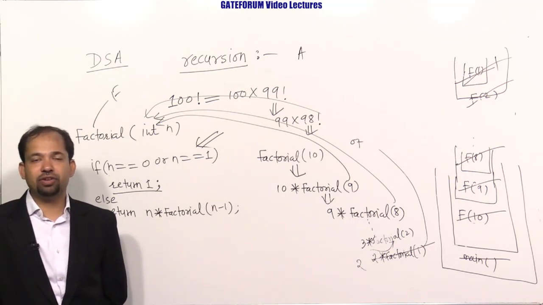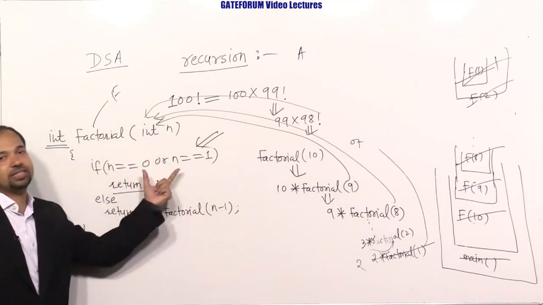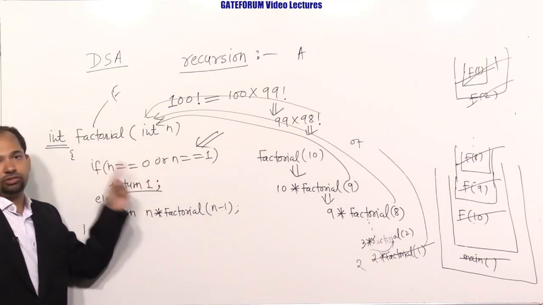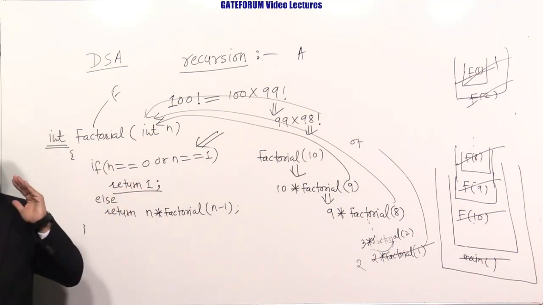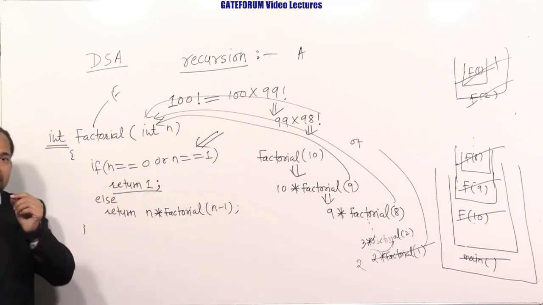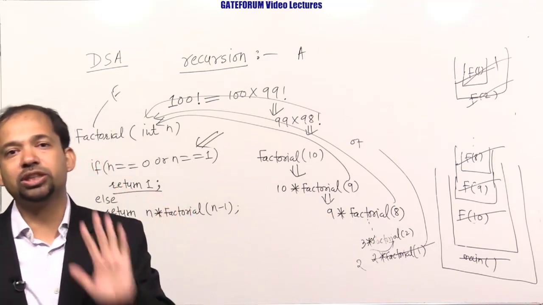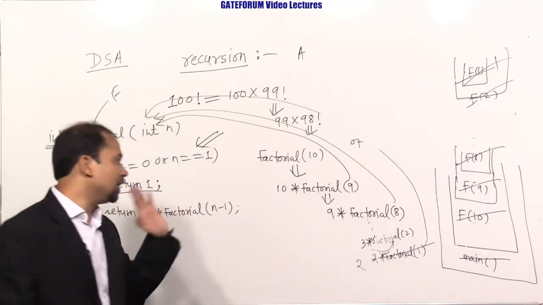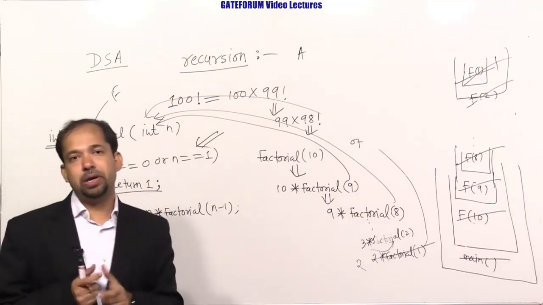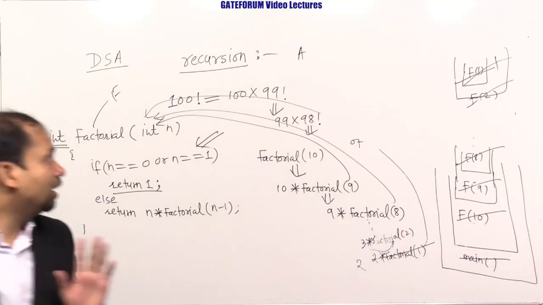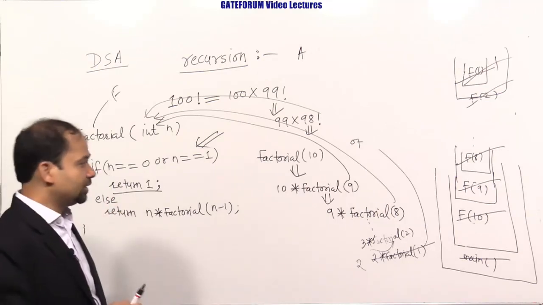So whenever you are dealing with recursion, you have to take care of the base case. It is a situation where function calls stop and building of the solution starts. So if a base case is not written properly, your system will hang and you have to forcefully stop the program, right? So this is the thing you have to take care of in recursion. Whenever you are handling recursion, be cautious about the base case. So I am going to write a few points about the properties of recursion, and we'll talk about other things.